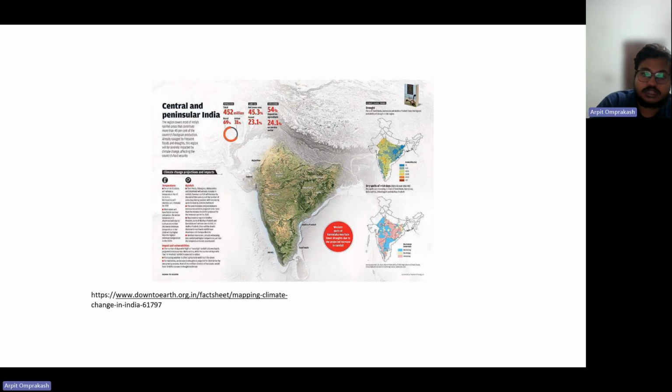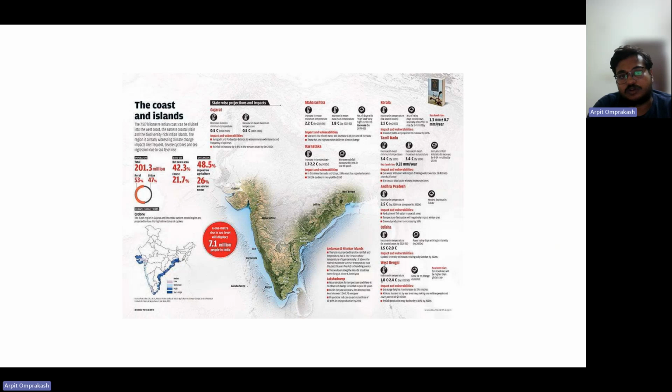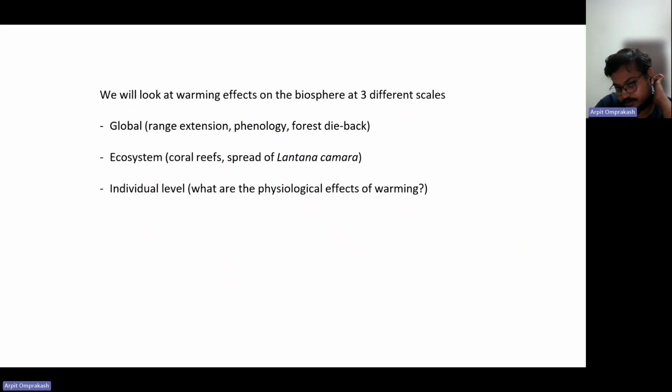Then here it again shows climate change projections and impact, and what will happen on the coast. Right. So these are telling the occurrences of cyclones in this region, how it is increasing over the years, right? And how the sea level is increasing and how that will affect different areas, right? Then, so this was it for the second lecture.